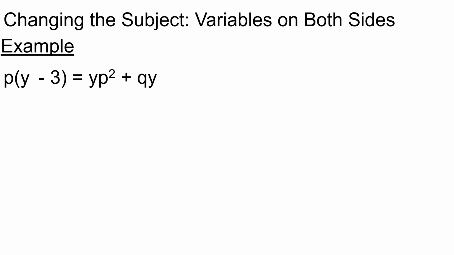Here's another example for us to try. I want to make y the subject of this formula. The first thing I'm going to do is expand the bracket on the left hand side, giving me py minus 3p equals yp squared plus qy. As before, I'm going to get all of the y terms onto the left hand side. So I'm going to subtract yp squared from both sides and subtract qy from both sides, which will give me